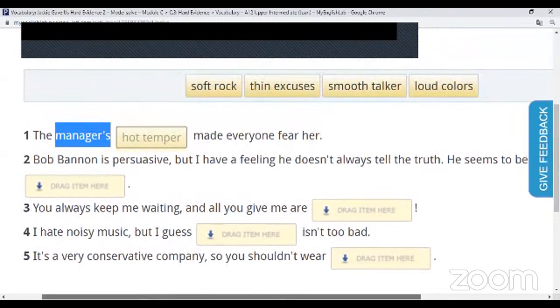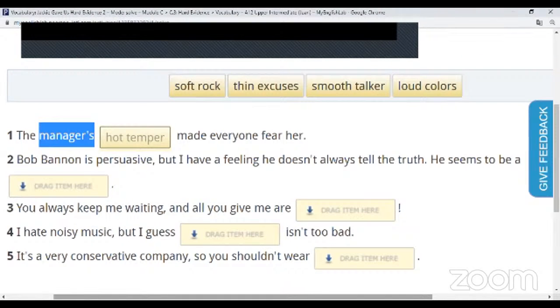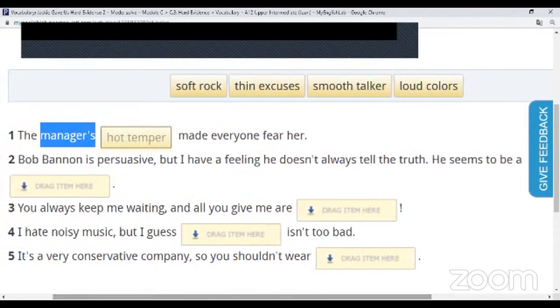Let me, okay, there it is. Number 2, let's go with Oscar. Take your time. Remember, you have to look for the answer, okay? Bob Bannon is persuasive, but I have a feeling he doesn't always tell the truth. He seems to be